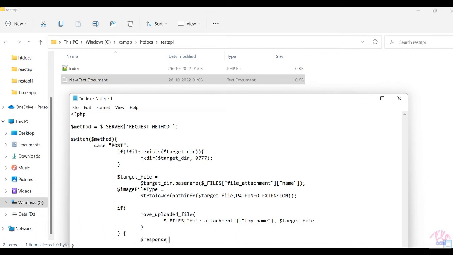We will create a response if it is successful. Display the file name along with the message.